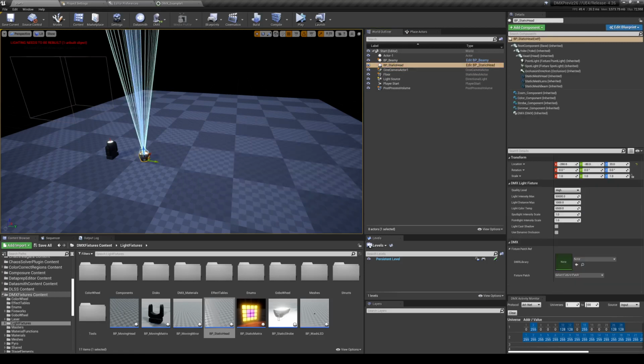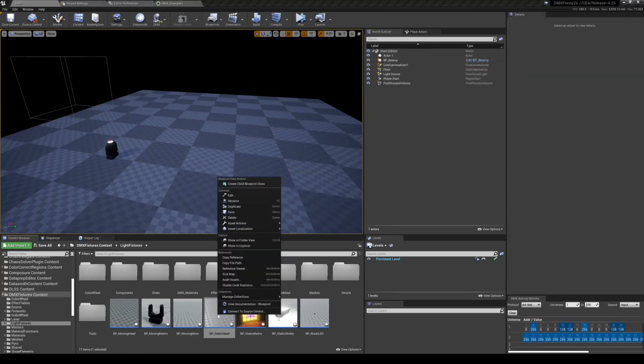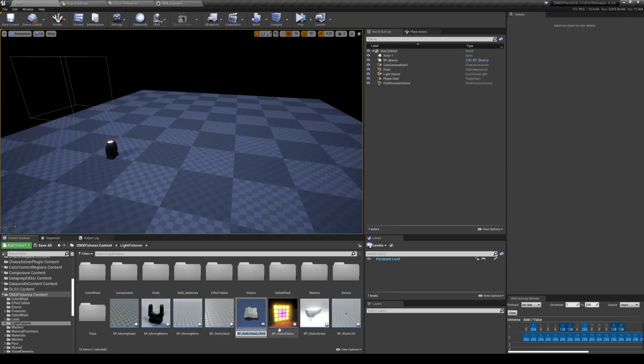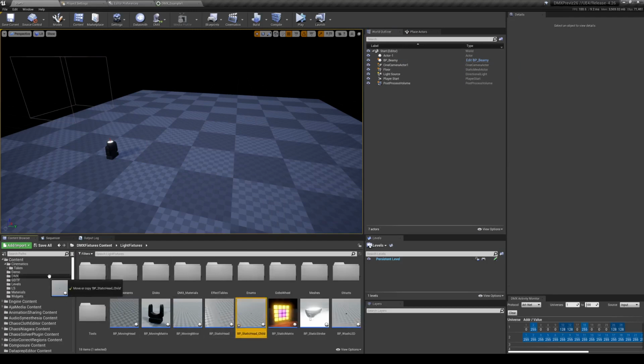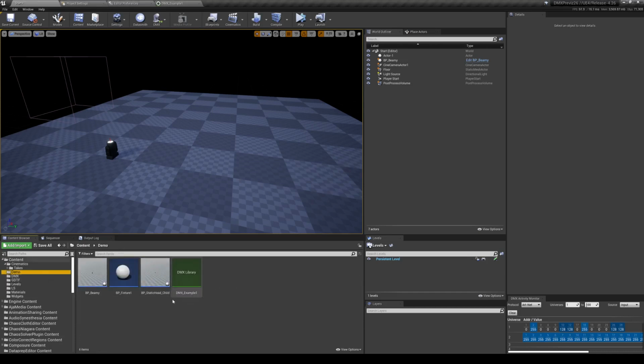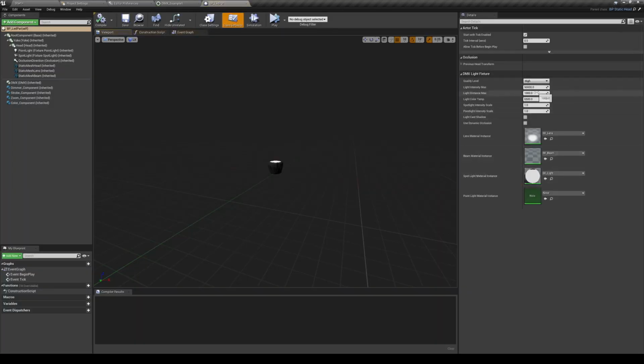I will delete this guy out of the level. I'm going to create a child blueprint class and move it into my actual project. And then I'll rename this guy. I'm going to say this is my LED par. All right, and so now I'm going to make some edits to this. Because 50,000 is incredibly bright for something like this, so let's go with